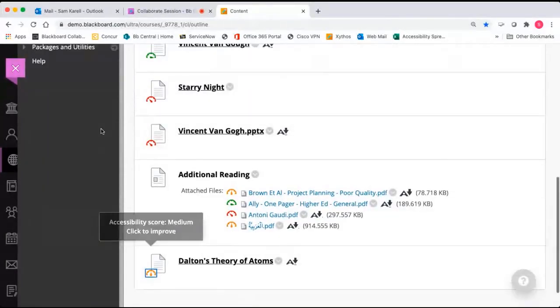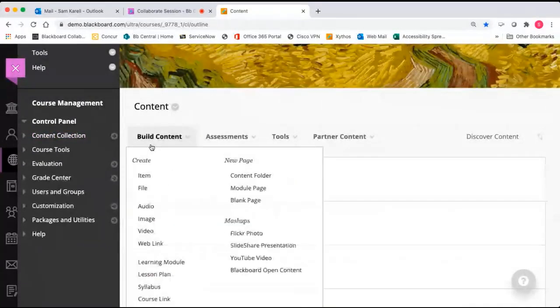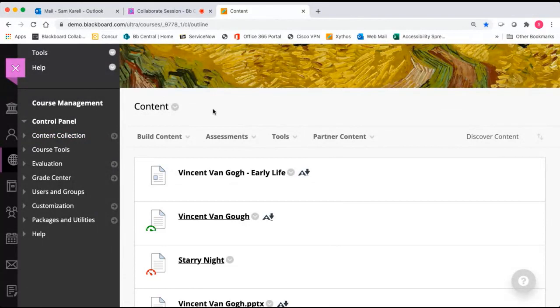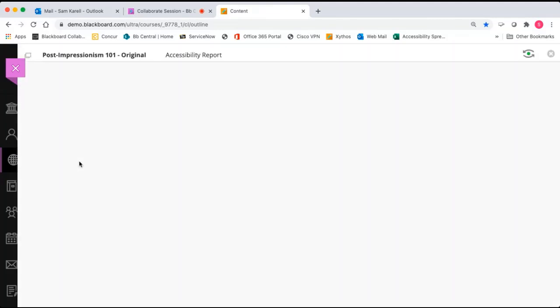The other thing that I wanted to show you is that course accessibility report. In Blackboard, it's a little bit buried, so I find that unless you're told where to find it, it's not always going to intuitively pop up. The accessibility report is going to be under Course Tools. It should be that first option that shows up there that says Accessibility Report. And